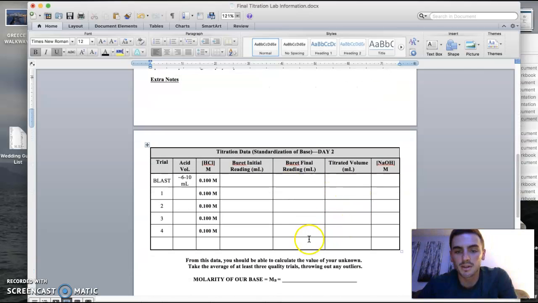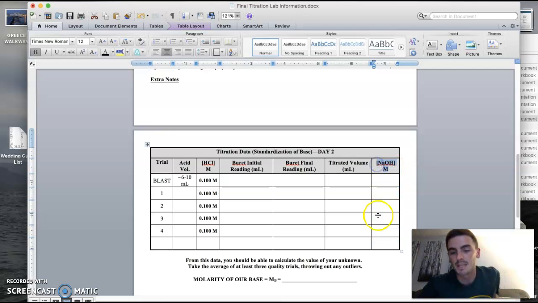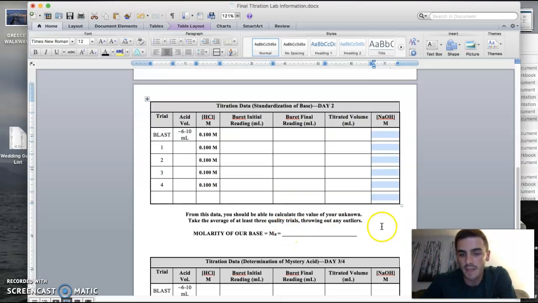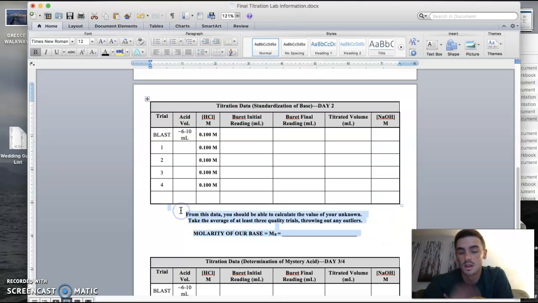Just a reminder, if you look up at the board at my video, remember what you're calculating from yesterday, which was Tuesday, if you're done, is your molarity of base. This is MB. This is what you're solving for in your equation. Remember, you can make more trials, but you should decide on 3 that are close together. Then we know that we made our base to be around 0.3, but